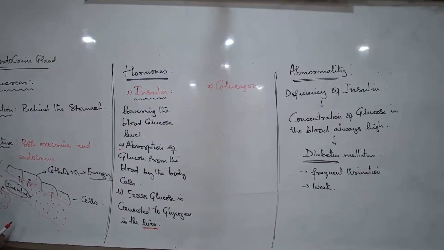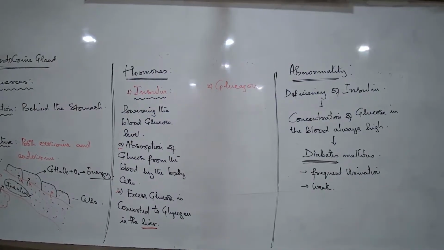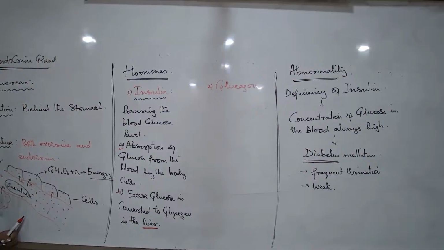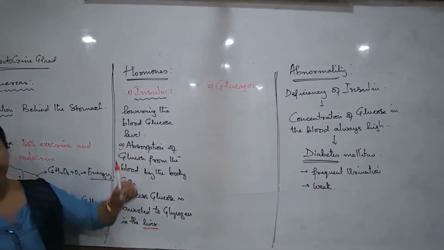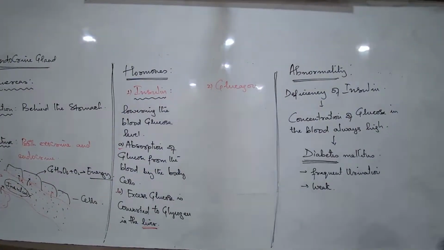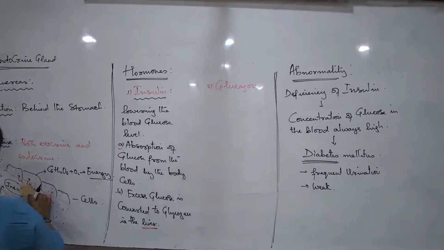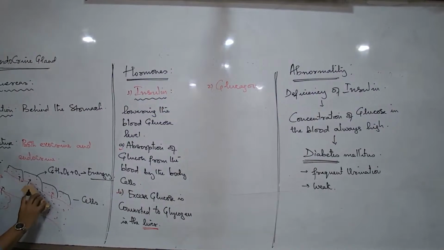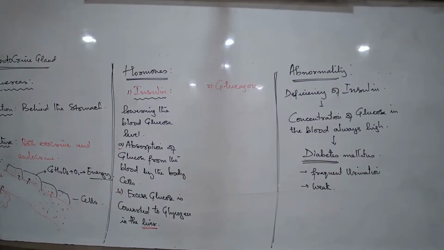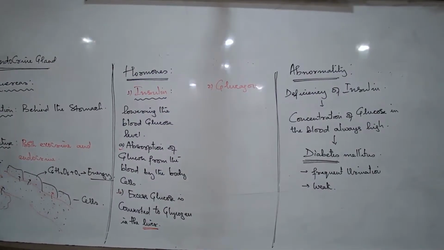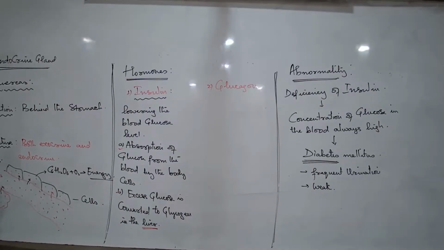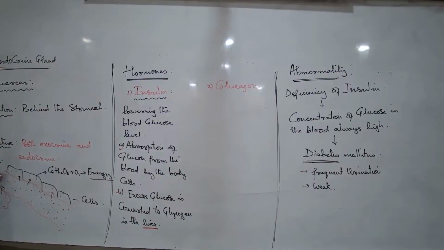Now let us talk about the other side, normally again. For normal individuals, I come back again to the normal concept. We have already understood about diabetes. Why diabetes? What is the symptom? What is the reason? Now again, under regular conditions, we had food, the process of digestion and absorption is happening, and glucose comes into the bloodstream.